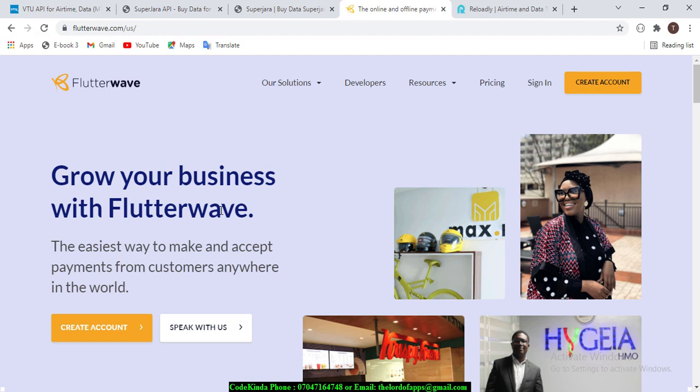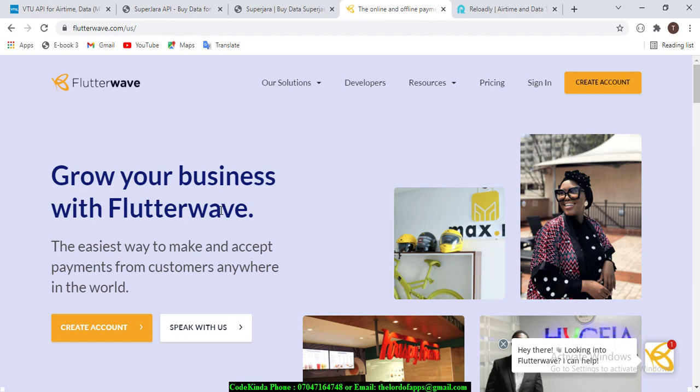But then for you to earn money from them, they're going to give you a commission. Anytime you make a successful sale, they give you about 2.5 or 3%. So you just really have to check that out yourself and find out how much percentage they're giving out to people. Okay, so even electricity bills and the rest of the bills that we pay in Nigeria,